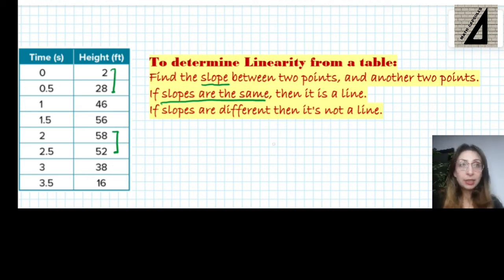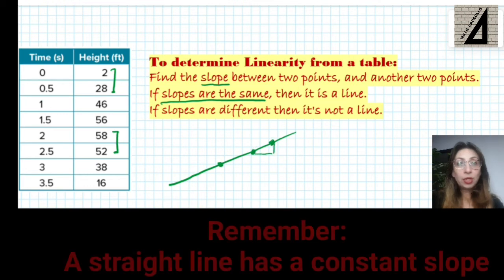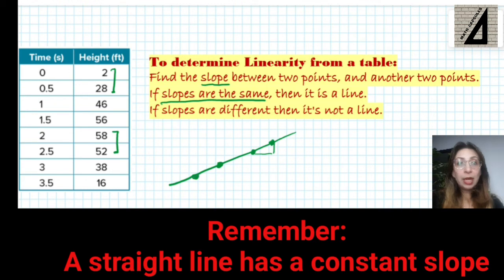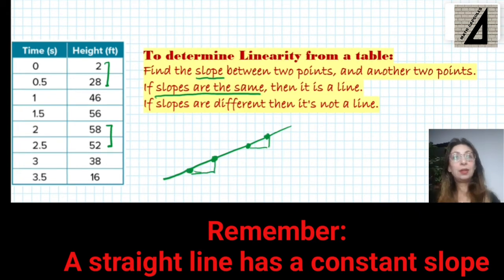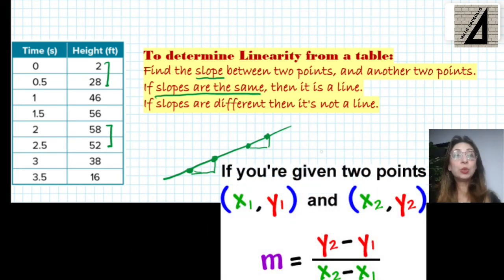This is obvious because if we have a straight line, and we take the slope between 2 points, which is the difference in y values over the difference in x values, or y2 minus y1 over x2 minus x1, which is change in y over change in x,